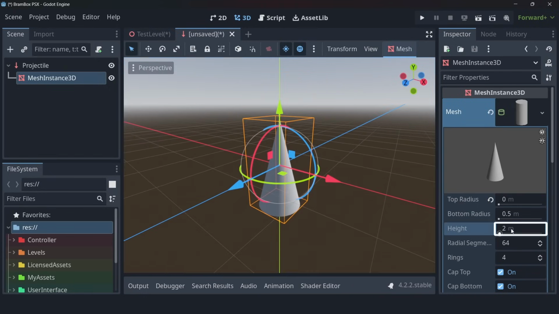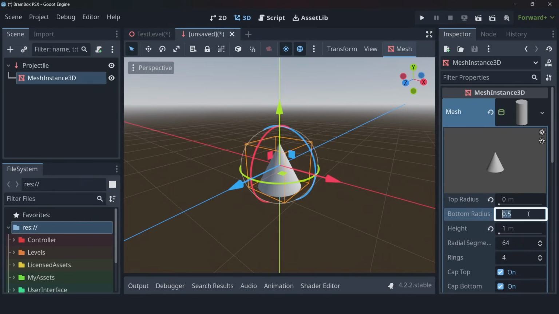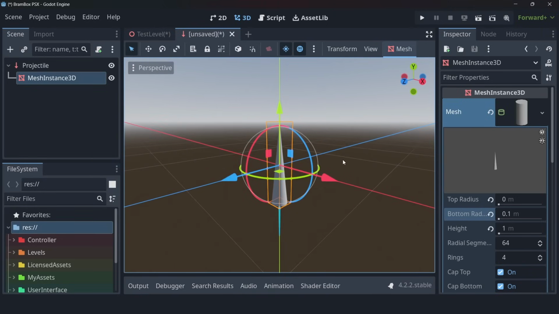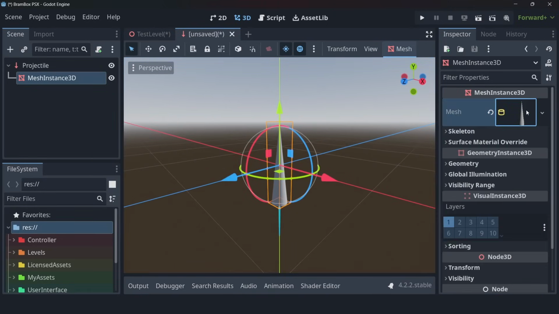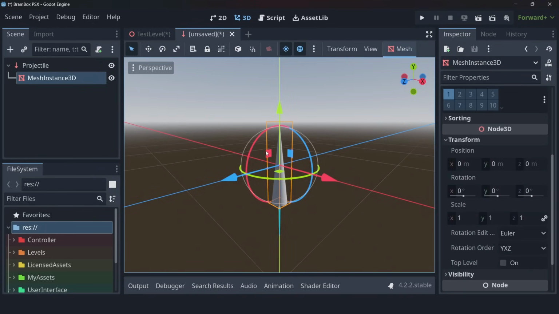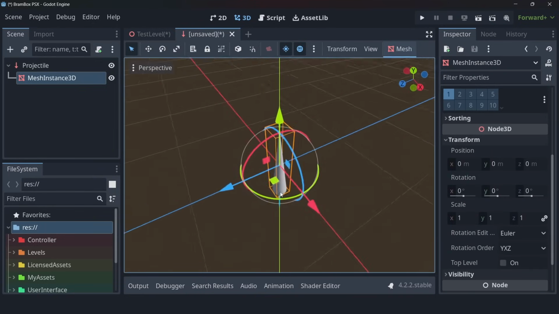I'm going to change the height of this cone to be 1 meter, because 2 meters is quite long, and I'm going to set the bottom radius to be 0.1 meters, so we have a rather thin point. Now I'm going to collapse that mesh, that's customized enough, but I'm going to go down to the transform property, and what I'm going to do is rotate this mesh so it's pointing in the positive Z